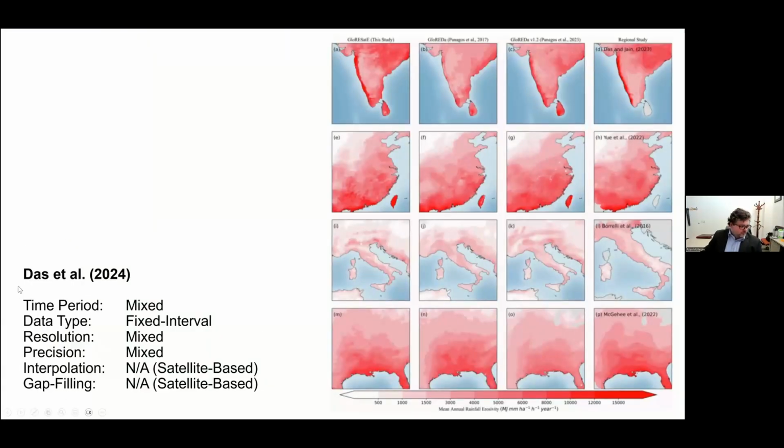There is a new paper that is accepted and is going to be published. It is in print right now, 2024. This paper looked extensively at erosivity around the world and compared to different studies. So you can see some of these. I'm not sure if you can see at the top because I have a menu bar there, but at the top it talks about the different studies that were the Panagos studies from before. So here's the 2023 Panagos study, this column here for different locations around the world. And then these are regional studies, and that's where you saw the other map that I showed that I produced in 2022 here. So you can see how the satellite product compares to that. So this is something that's on the horizon too.